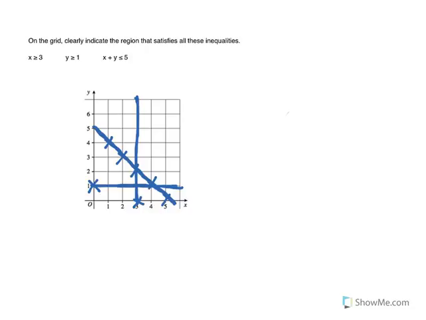So the numbers that are bigger than 3 are going to be this side of it, so we've got 4 and 5. And then we needed the values that were greater than or equal to 1, and that's on the y-axis. So the values that are bigger than or equal to 1 on the y-axis are in this direction. And then finally,